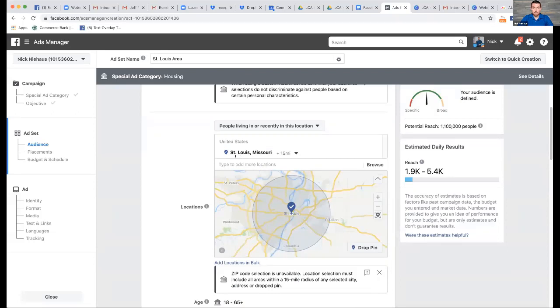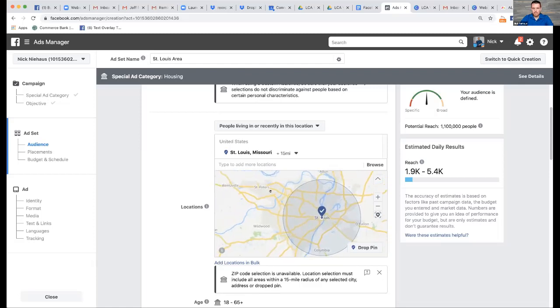So I'm based here in St. Louis, Missouri. So that's what I typed in. And then I can go all the way, and this is within the real estate rules, I can go all the way down to a 15-mile radius. I can't go any smaller than that, right? So obviously it would be nice to get a little more granular, but I can get kind of the greater St. Louis area. And if you're from St. Louis or familiar with St. Louis, the greater St. Louis area actually extends out to about here, which is Wentzville, which is probably another 15 to 20 miles further than I set the radius.